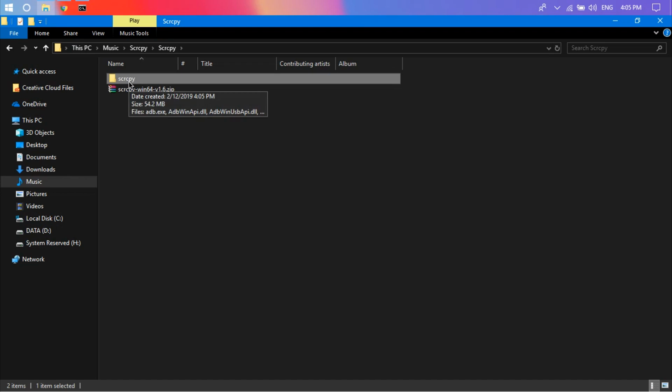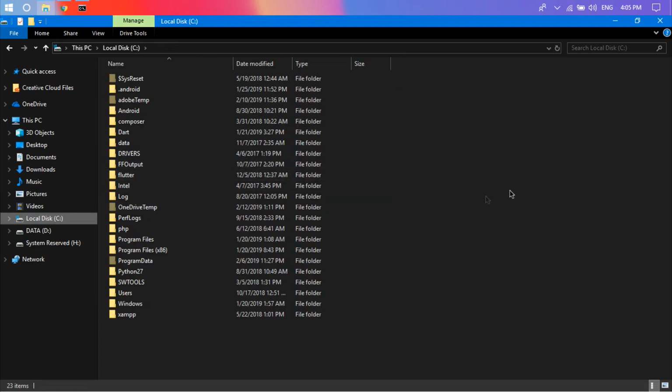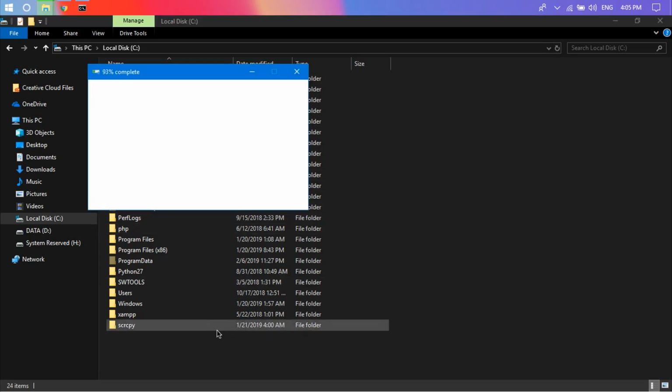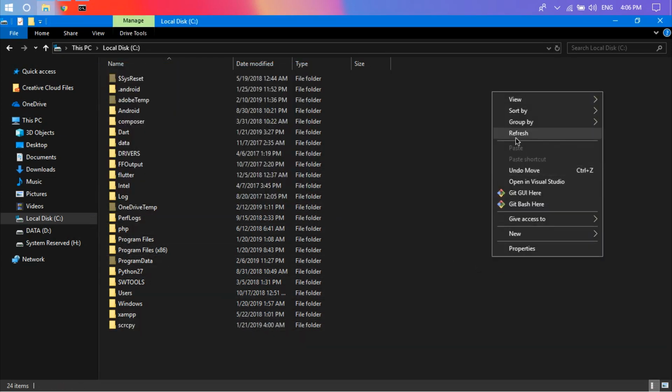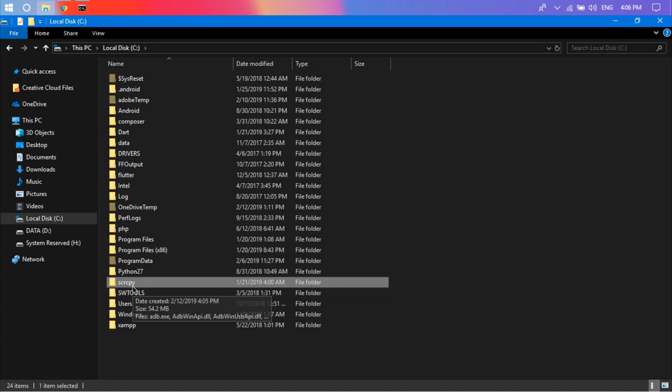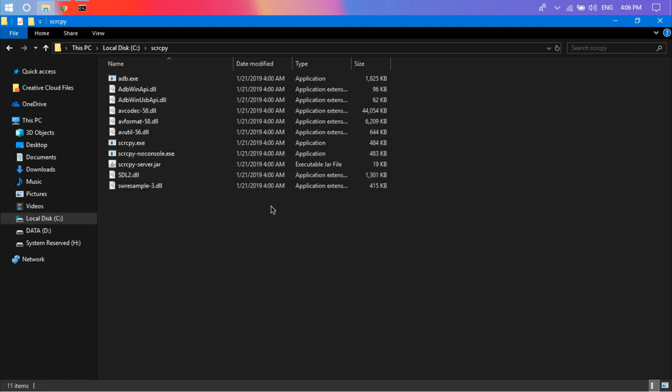And the next step is we need to move this folder to the system directory. In this case my system directory is the C drive, and I paste the folder here. As we can see here, in the scrcpy folder, it includes ADB and all the files that we need.